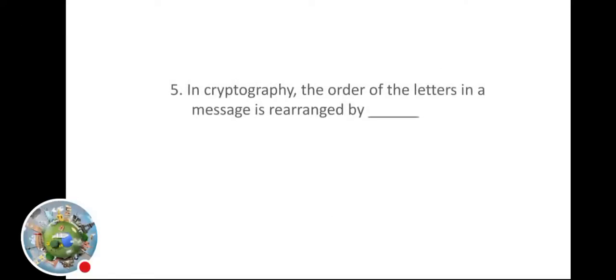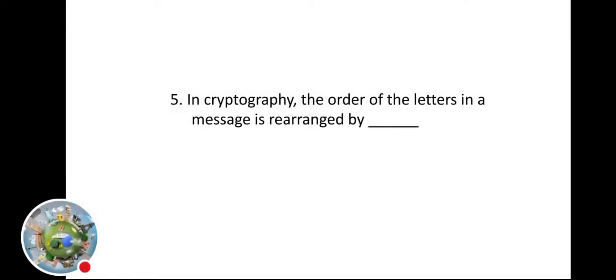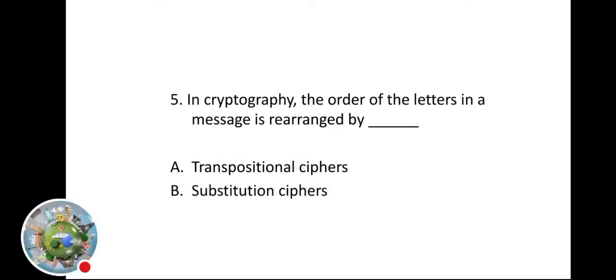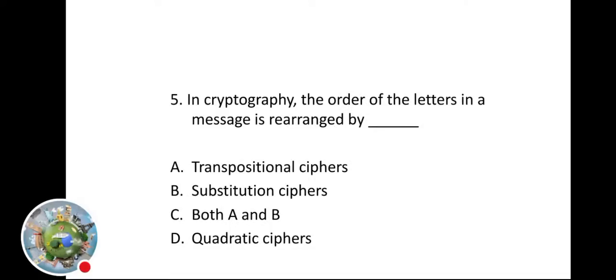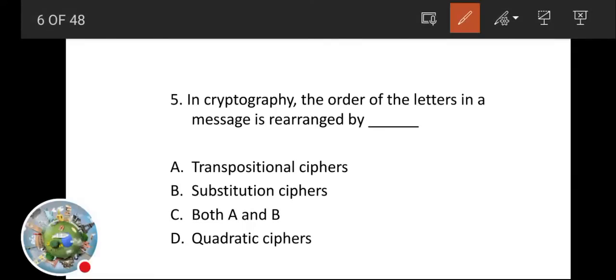Question number 5. In cryptography, the order of letters in a message is rearranged by A, transpositional cipher, B, substitution cipher, C, both A and B, D, quadratic cipher. What is the answer? In cryptography, the order of the letters in a message is rearranged by